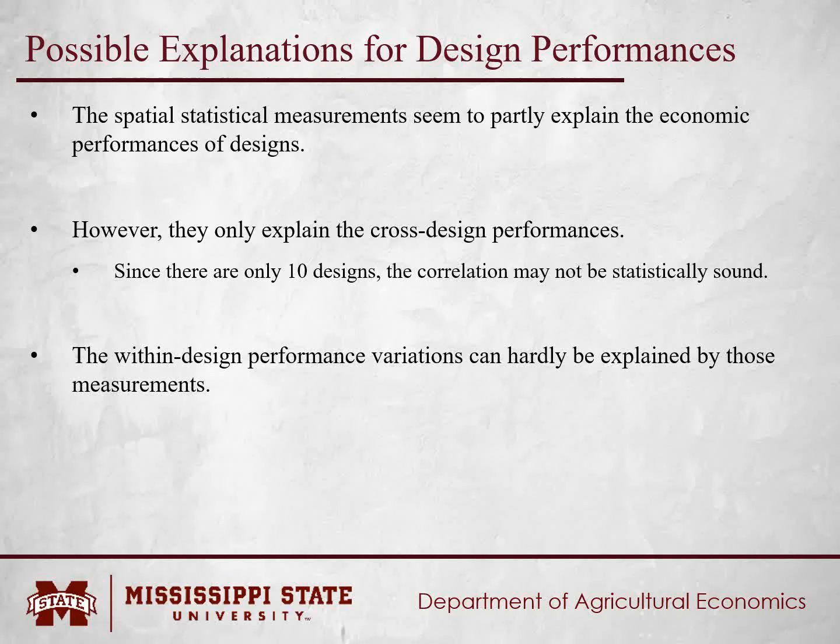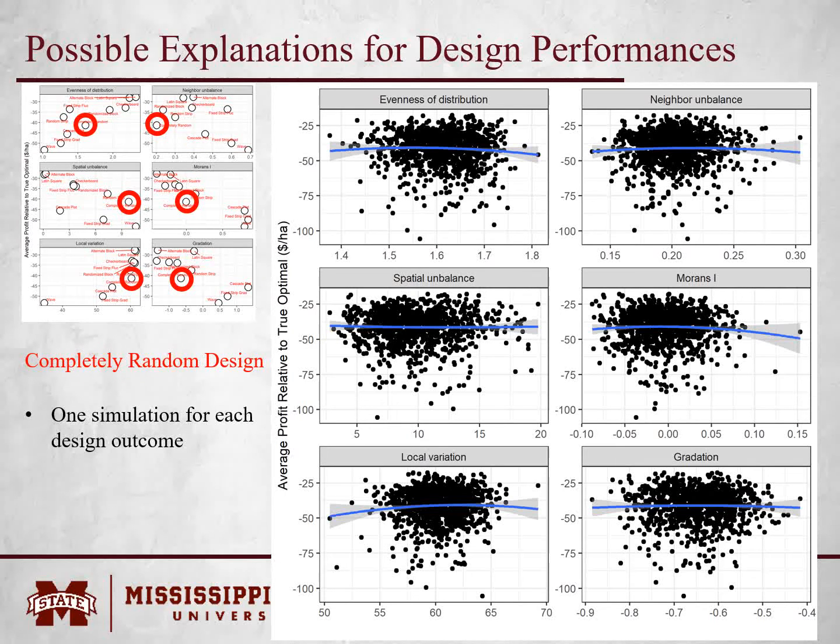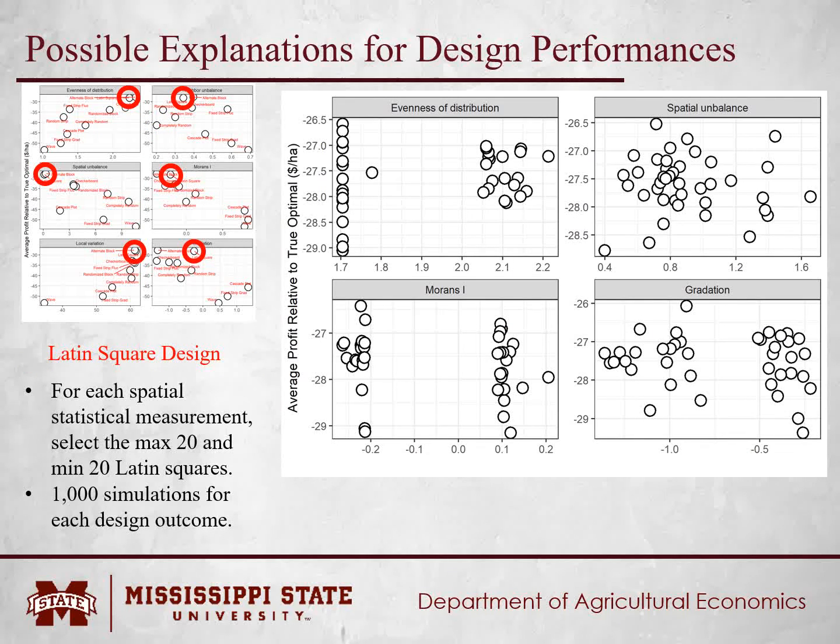However, the explanations work well only for the cross-design comparisons, not for the within-design variations. Take the completely random design as an example. None of the spatial statistical measures can explain the profitability of each simulation. Or, if we look at the Latin squares with the maximum and minimum 20 spatial statistical measures, their profits are